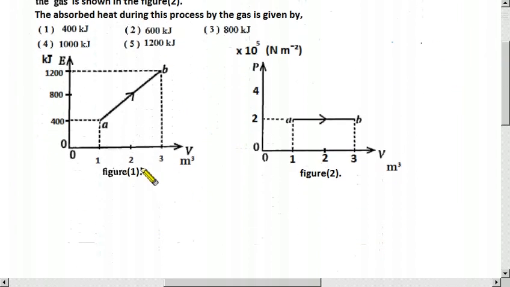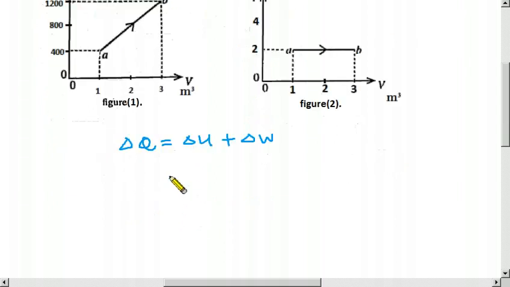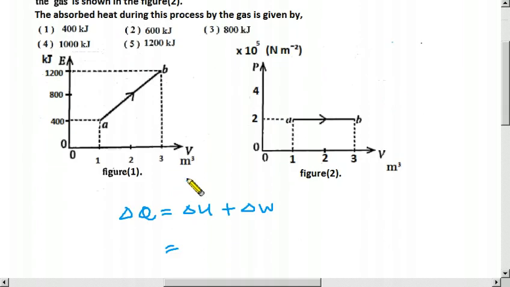So in thermodynamics we know the heat absorbed equals delta U, internal energy, plus delta W, the work done. This kinetic energy represents the internal energy. So we can take that value, the kinetic energy, which increases from 400 to 1200